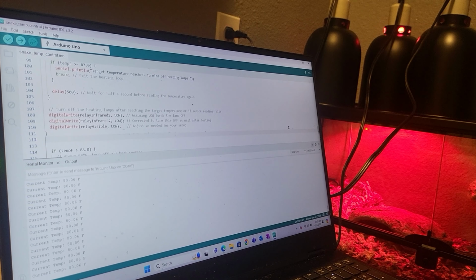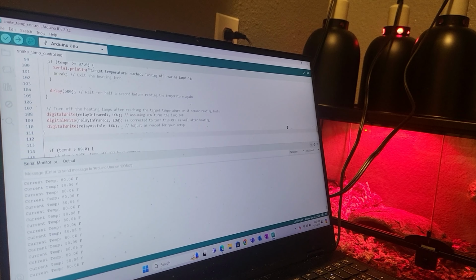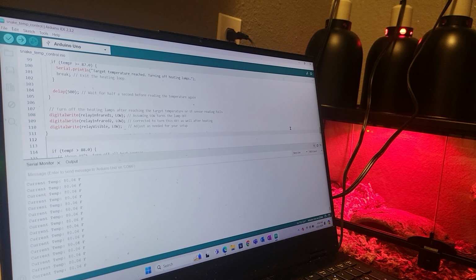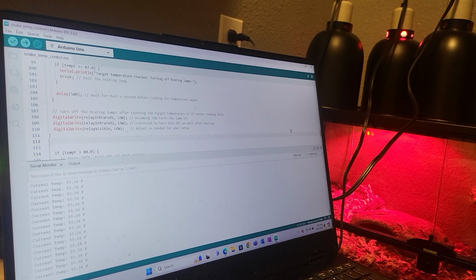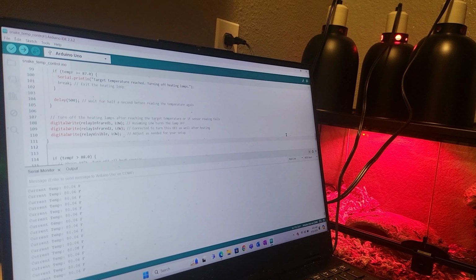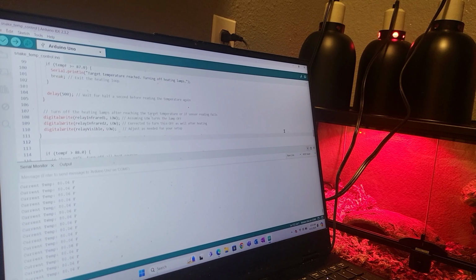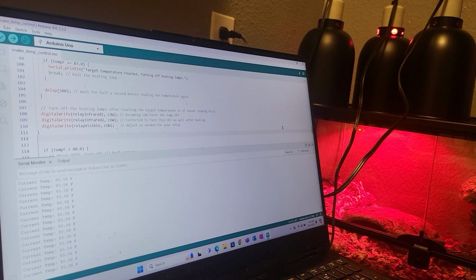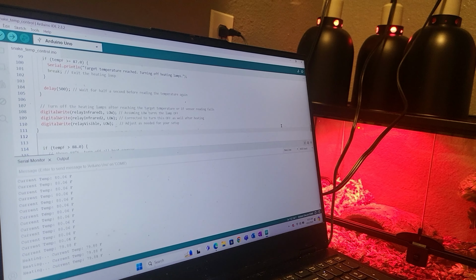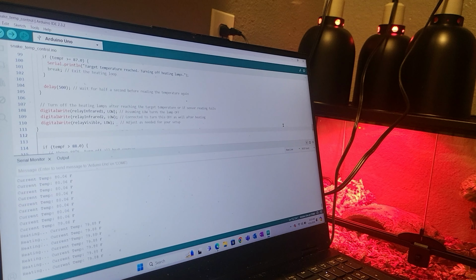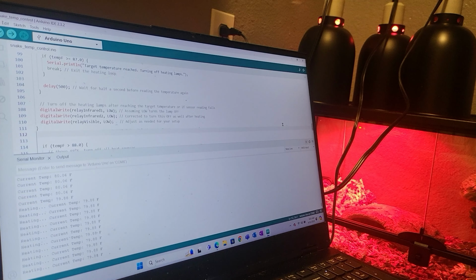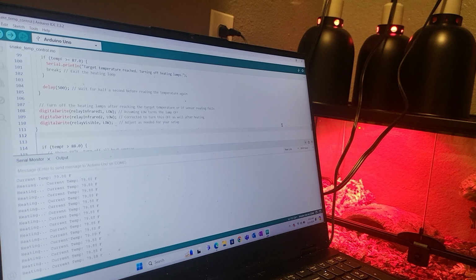And then here we have a test of turning the second light on when we're getting just a little bit low. So you can see the temperature is slowly coming down, slowly coming down. We hit the threshold, and now that second light turns on. And then we're going to heat up to 87. We don't want to just fluctuate around 80. We want to be between 80 and 88. So when we get up to 87,